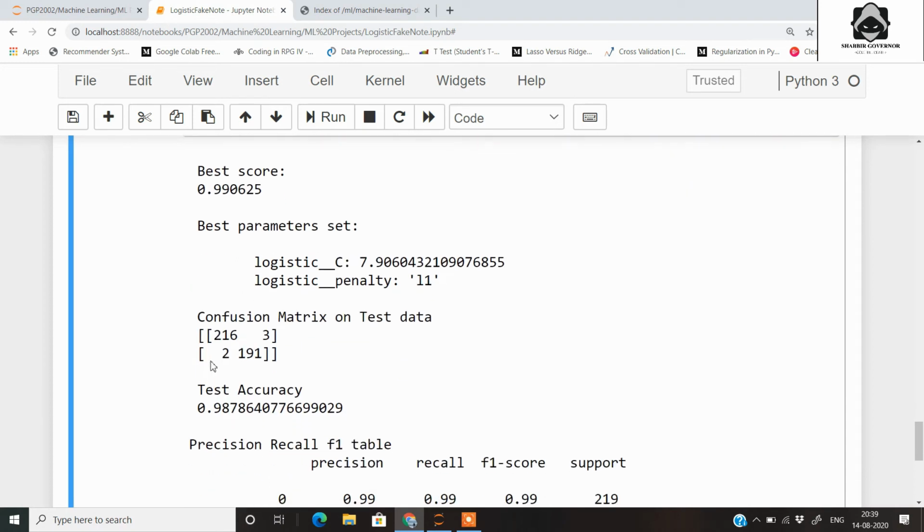Here we have a 2 by 2 matrix which gives us 216 true positives from our model, then 191 true negatives, and the overall accuracy is 216 plus 191 upon 216 plus 191 plus the false positives plus the false negatives. So we get the total overall accuracy of our model as 98%. This is pretty high and our model is performing pretty well.